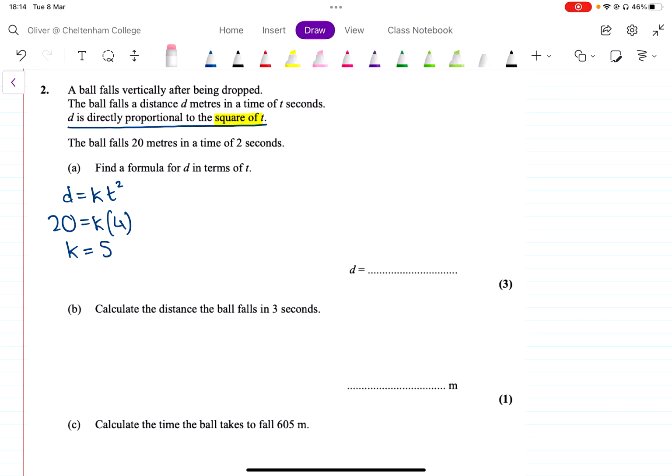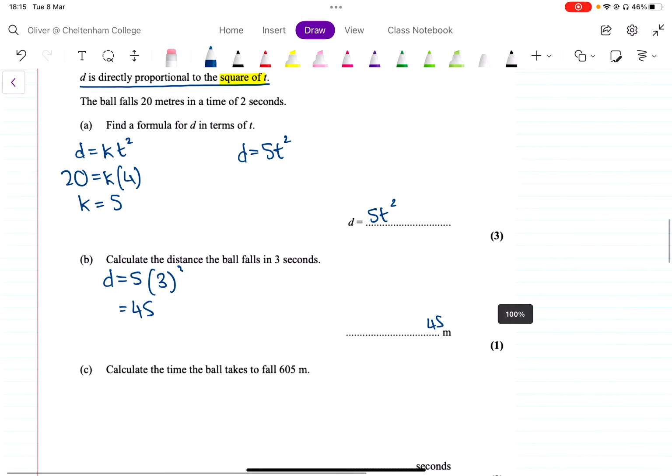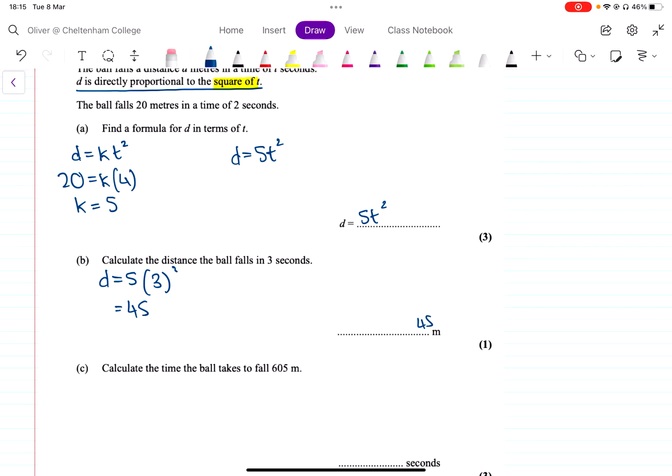So the general formula is that d equals 5t squared. So d is 5t squared. Calculate the distance the ball falls in 3 seconds. So d is 5 times 3 squared, which is going to be 45 meters. And then how long does the ball take to fall 605